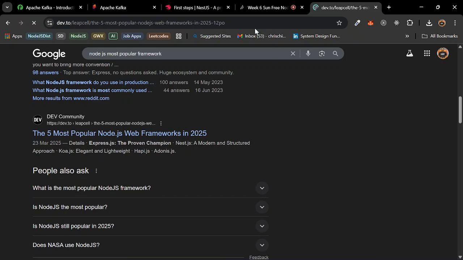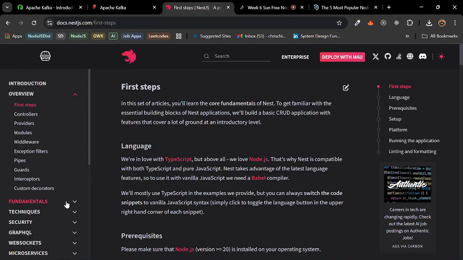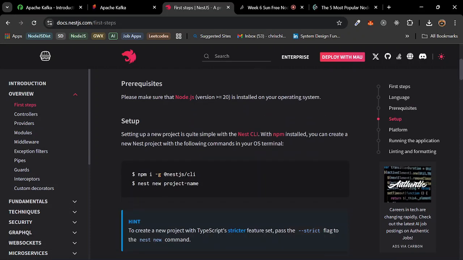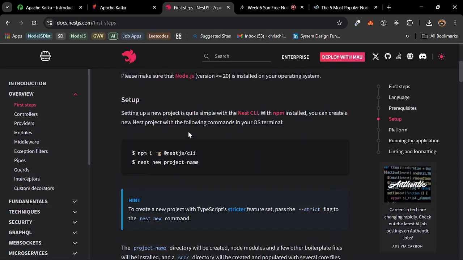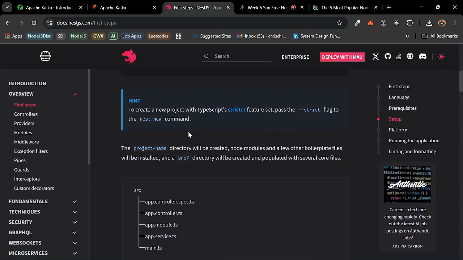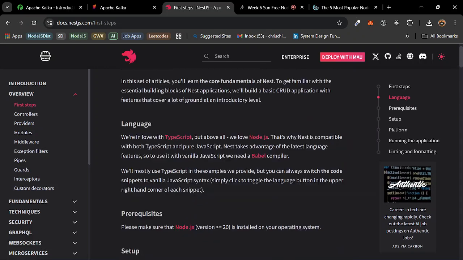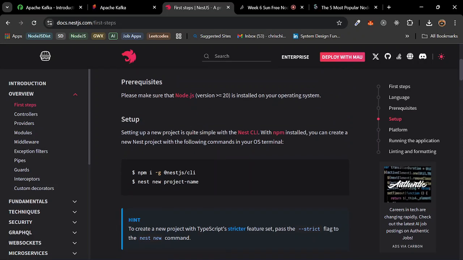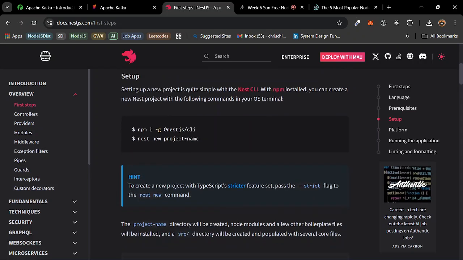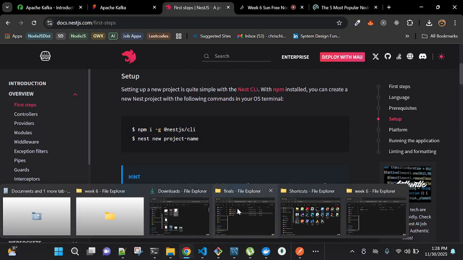So this is the documentation for NestJS. We are going to just follow through with the documentation, and we're going to talk about a few things about the whole project. So this is how to start your NestJS application. First, you need the CLI, right? So we install it globally with npm in our system. That will start a project. This is the way to start a project. So, okay, let's start.